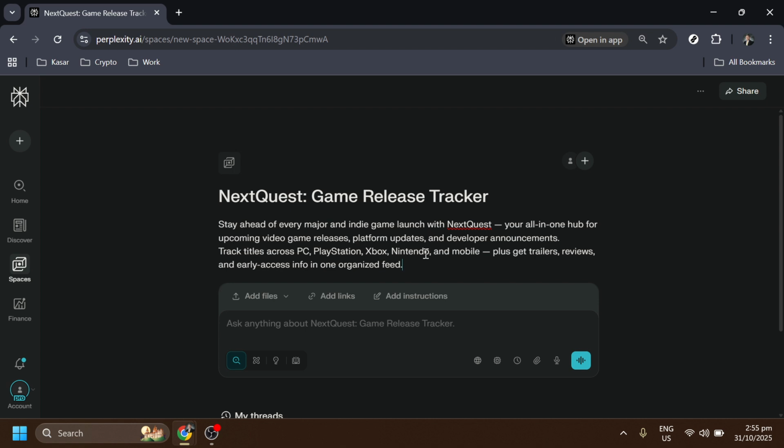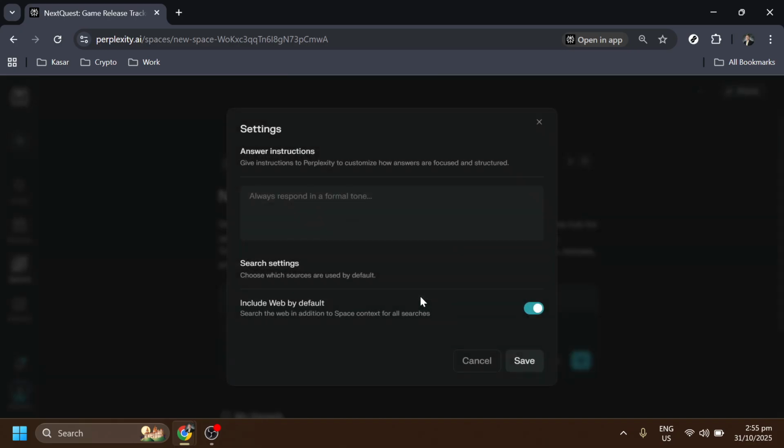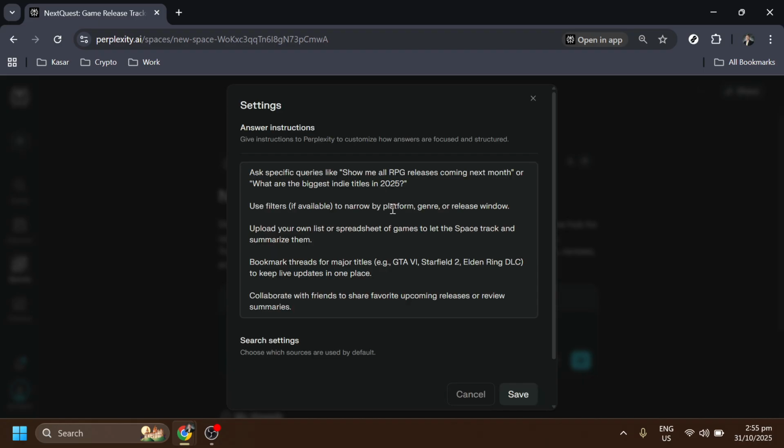After filling out the description, you'll notice an option to add instructions. This is a vital step. Think of it as providing users with a roadmap to effectively utilize your game tracker. You'll want to detail how to best interact with the tool. Ask specific queries like, "Show me all RPG releases coming next month," or